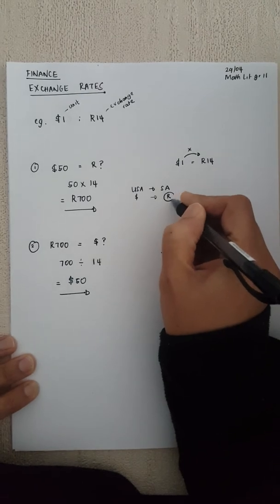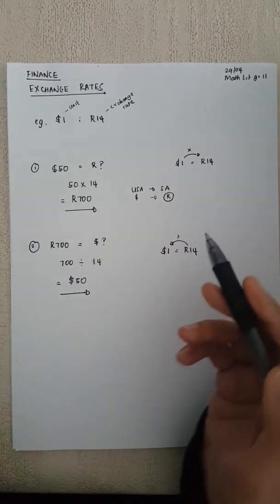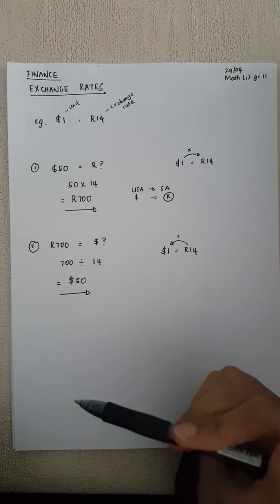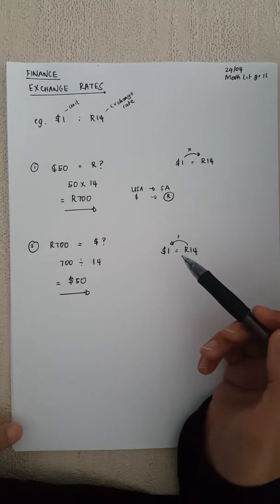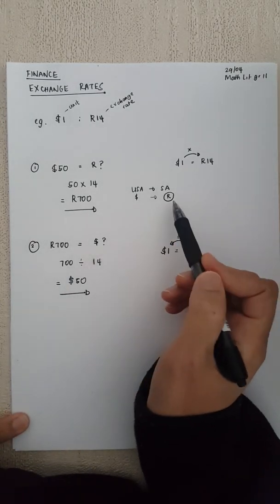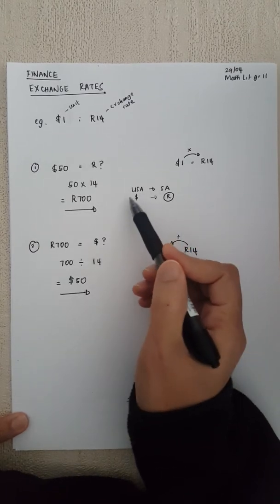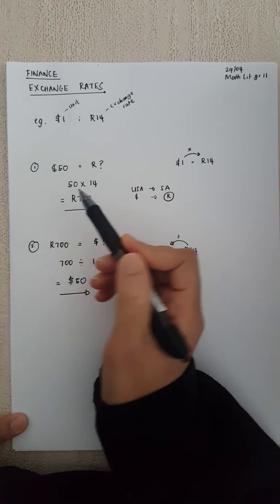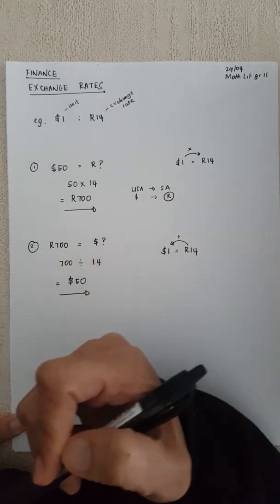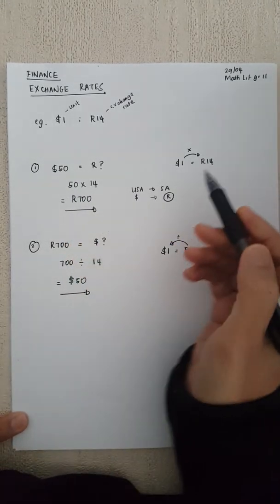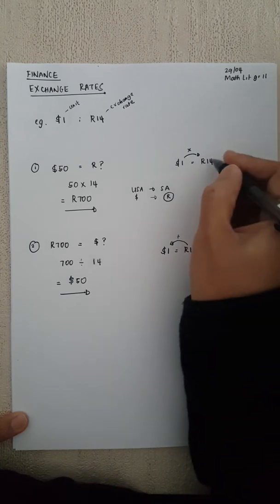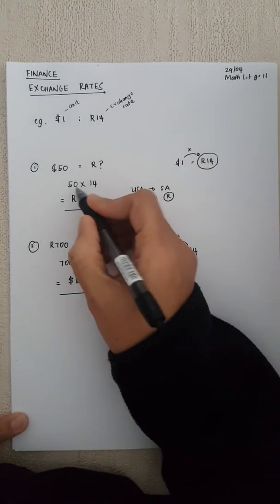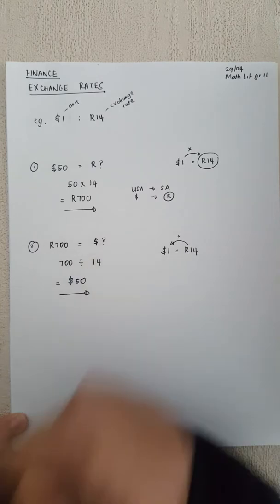rands in South Africa. So what they're going to do is go to the foreign exchange. That's the place where they exchange your money for you. For each dollar, he's going to get 14 rands. Can you see how strong their currency is, right? He wants to know how much money he is going to get for $50. The exchange rate is 14 rand, so we take 14 rand and multiply it by 50,